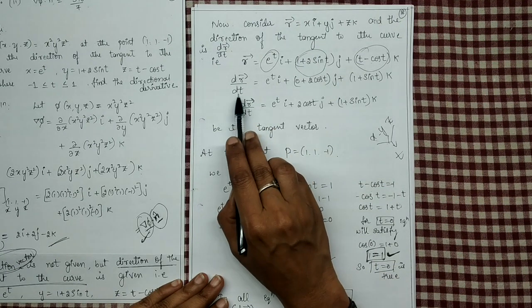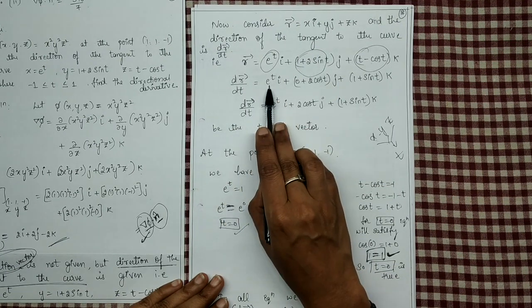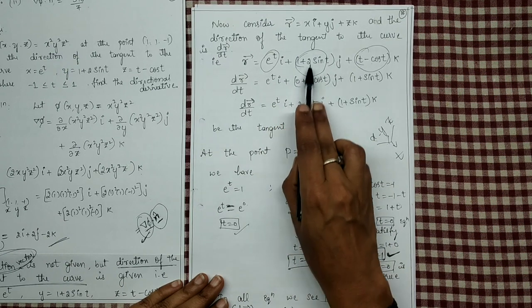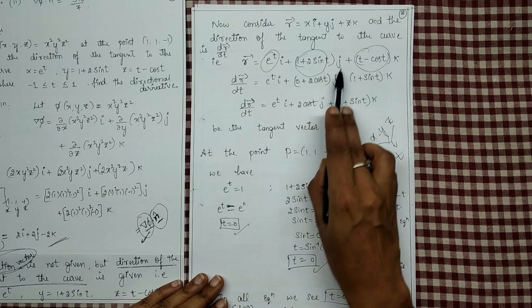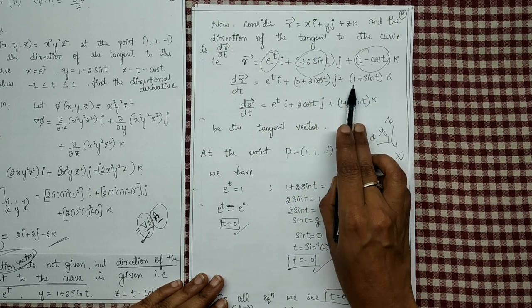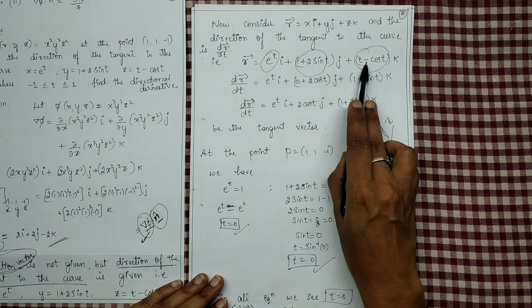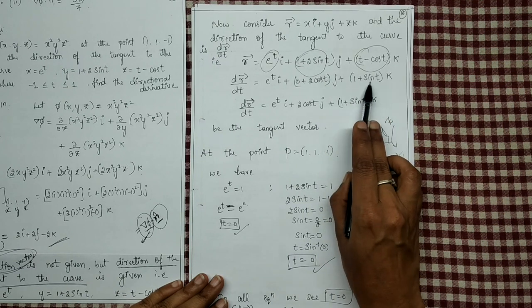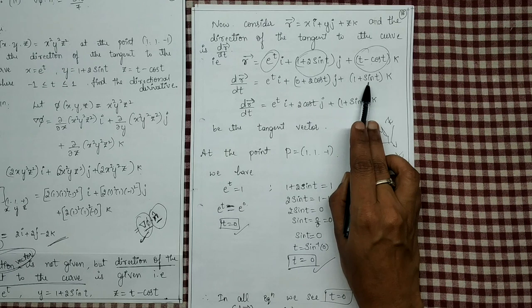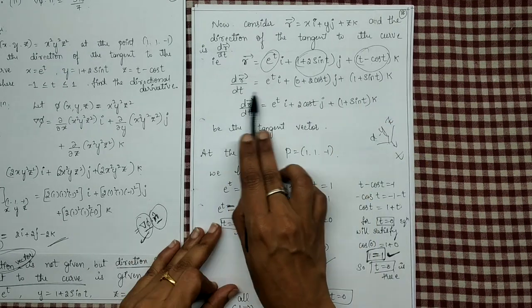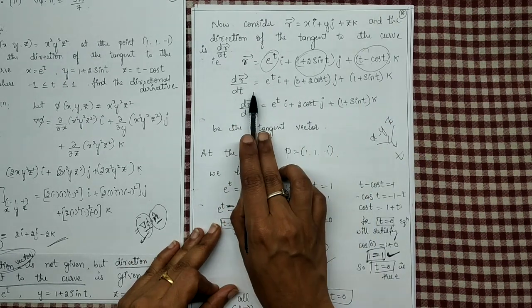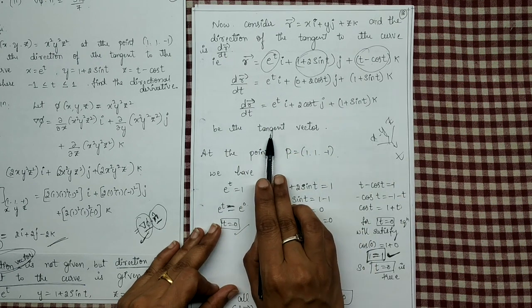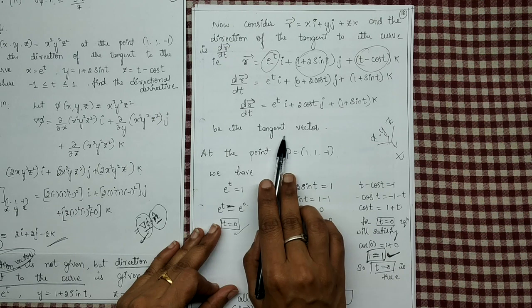That is dr/dt is equal to e^t differentiation, e^t, i as it is, plus 1 differentiation with respect to t, 0, plus 2 into sin t differentiation cos t, j as it is, plus t differentiation 1 minus, here minus, cos t differentiation is minus, so minus to minus is plus, so cos t will be sin t, plus sin t, 1 plus sin t it will be into k as it is. Now I got dr/dt, that is the direction of the tangent to the curve. This will be the tangent vector we found now.